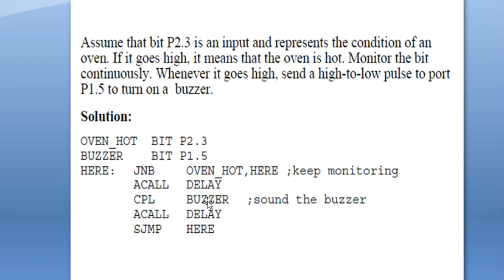Then a call delay. Then again you are going to jump to here. So this is how it is going to work. That's what is mentioned here. Whenever it goes high, send a high to low pulse to port P1.5, right? Whenever it is high, that time only P1.5 has to be loaded with a high